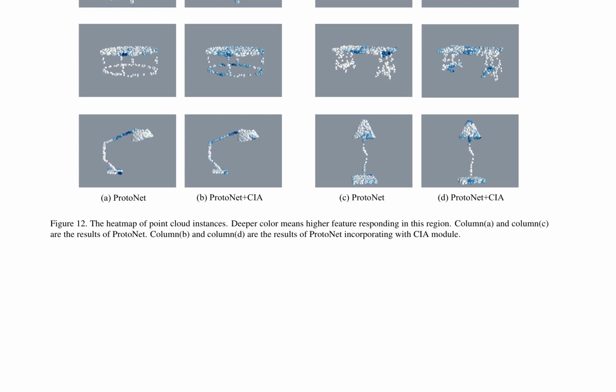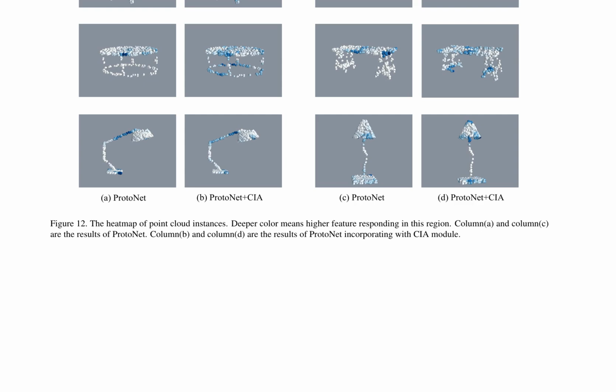geometric structures. The CIA module is mathematically represented as theta_0 equals phi(x_0, x_i; w), where theta_0 denotes the initialized feature embeddings, phi is a learnable function, x_0 and x_i are the input points, and w are the learnable weights. This module incorporates spatial information of point clouds into the initialization process, hypothesized to improve the robustness and accuracy of ProtoNet. Experimental results validate this hypothesis, as the ProtoNet plus CIA model outperforms the standard ProtoNet on several benchmarks.